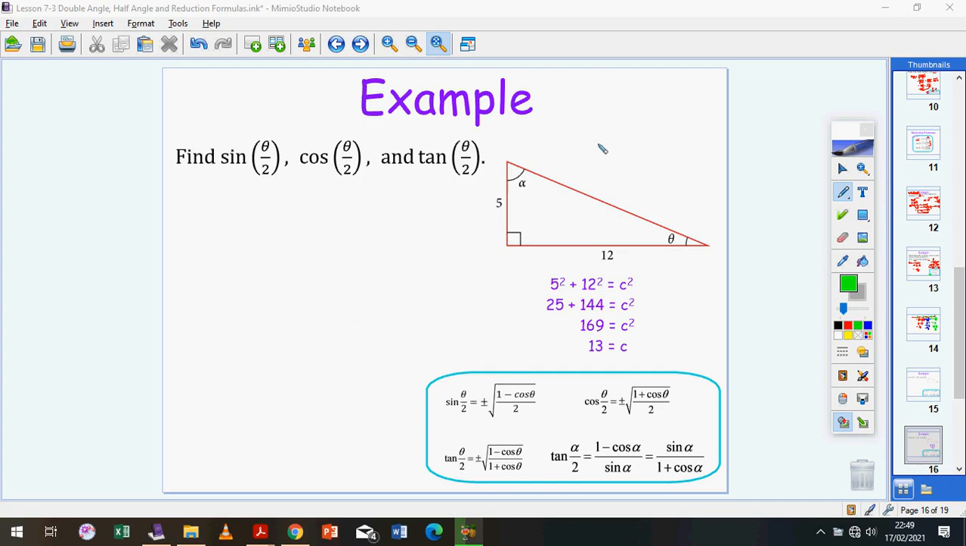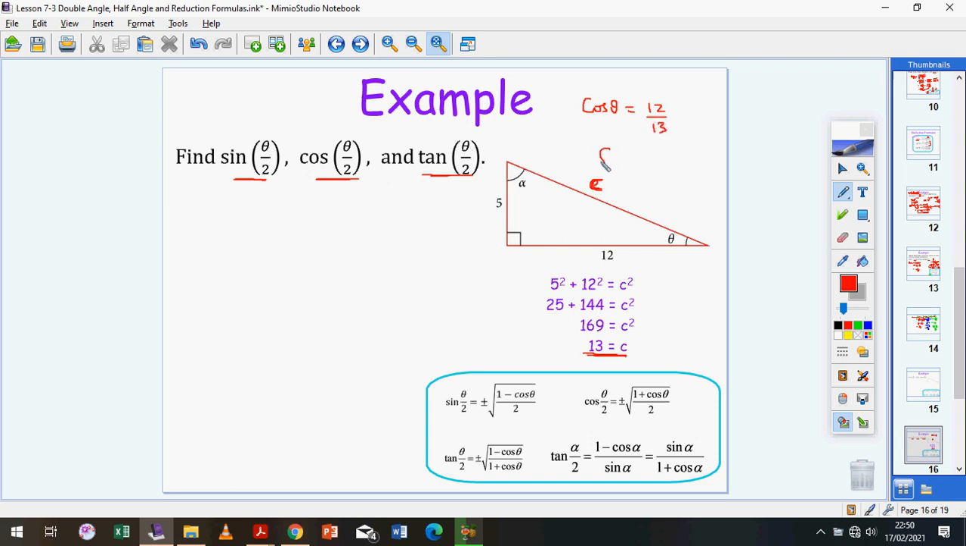So this question was asking you for the values of sine theta, the half angle for sine, the half angle for cosine, and the half angle for tangent. If we do quick Pythagoras theorem, we can see that the value of c, or the hypotenuse, is 13. So since I know the hypotenuse, I know the value of cosine of theta is 12 divided by 13. And I know the value of sine theta, though I won't need it, is